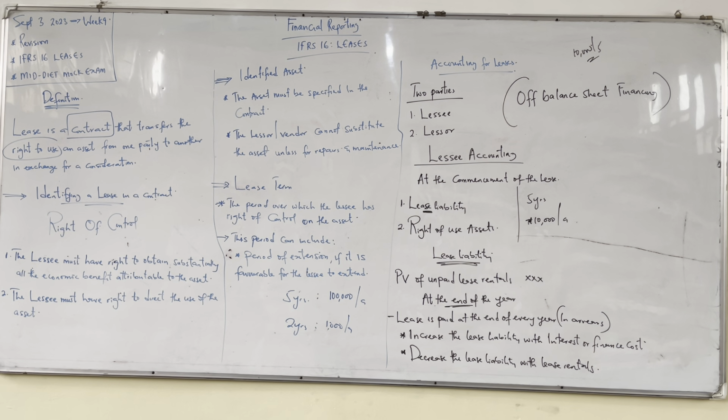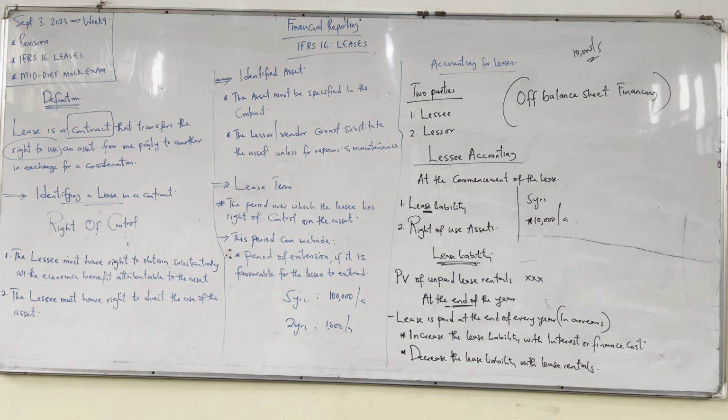Now, another thing is this. At the beginning of the year, for that lease rental, for that lease liability, we recognize the entire money we are supposed to pay. That this one we are owing, which is true. We are actually owing it. So we recognize that as lease liability. And I've told you the two entries for that. That the first leg is a liability. I told you that the second leg will go to where? The assets. The right of use assets. So that one is cleared.